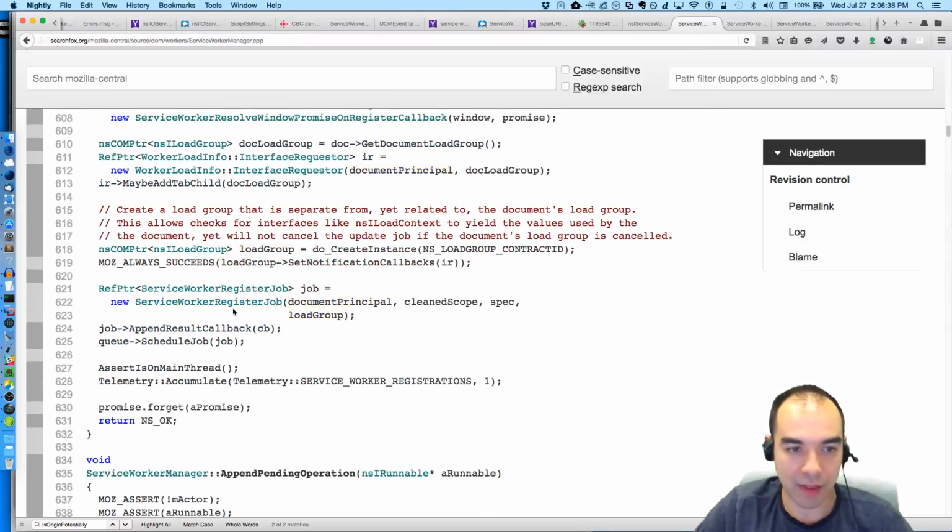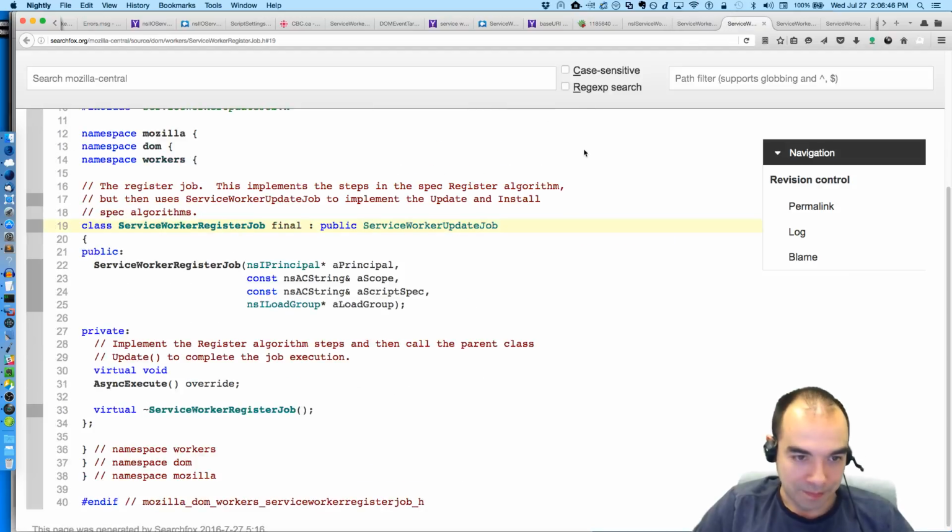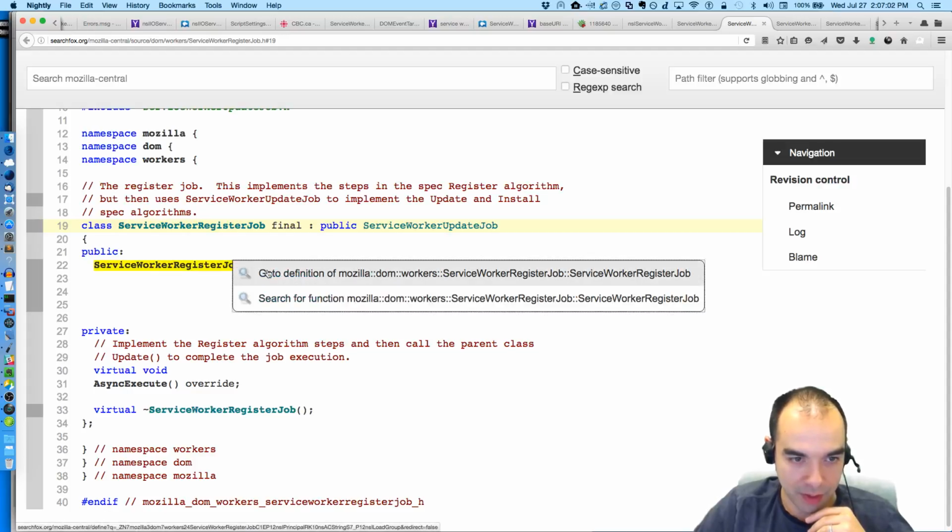But in the end, what we ended up doing was creating this register job, and we passed in all the stuff we created. So I think this job is doing the actual registration. So the service worker job implements the steps in the spec register algorithm, but then uses service worker update job to implement the update and install spec algorithms. So this is the interface for service worker register job, or the class definition.